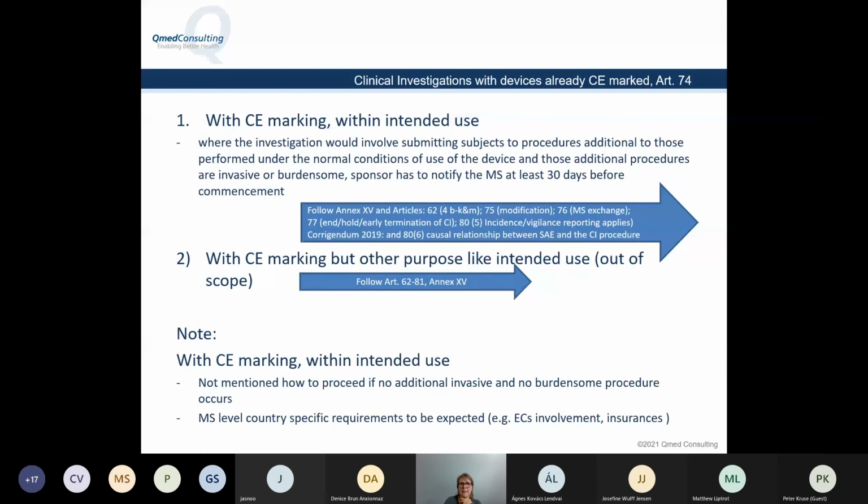So what do we do with clinical investigations when the device is already CE marked? Where do these studies actually go? Where are they being approved? So if it has a CE marking and you're using it within the intended use,